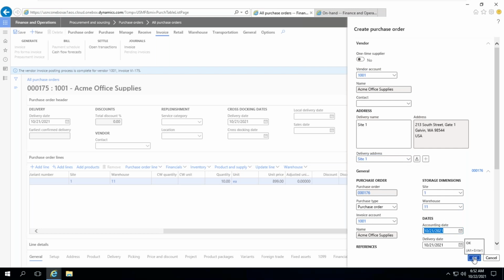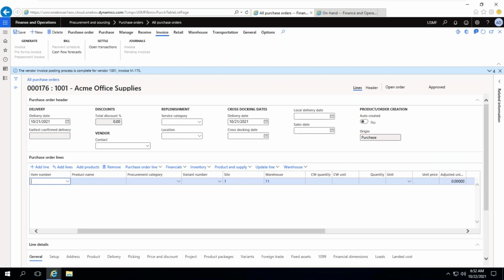Click OK. So select the item 1000. Now I'm entering 7 quantity. Okay. Now I'm saving this file.